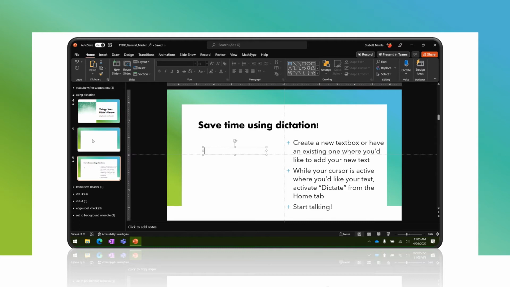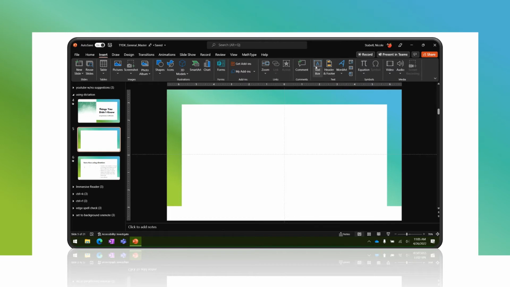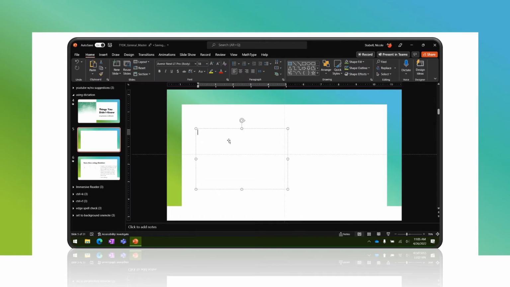To start this process, first you need to insert a text box or make sure that typing is activated in your slide or Word document. So I'm going to start by inserting a text box right here. Now, while your cursor is active in the text box, from the Home tab, go to this Dictate button right